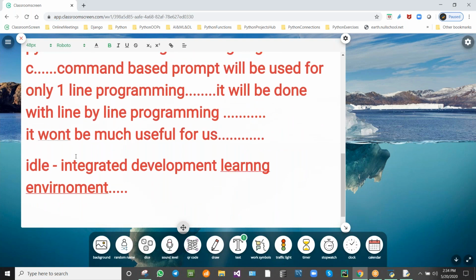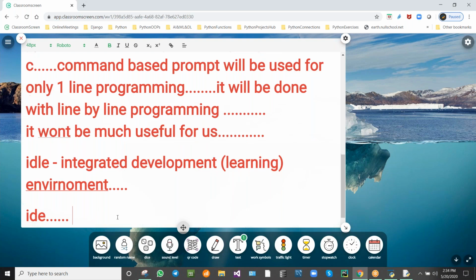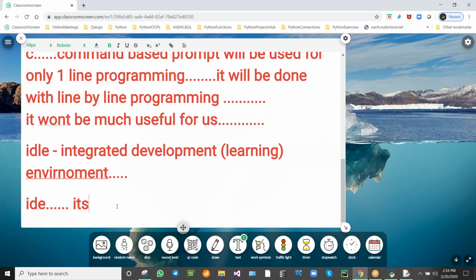In some cases we can see only IDE, so learning is optional. So IDE, it's a platform.